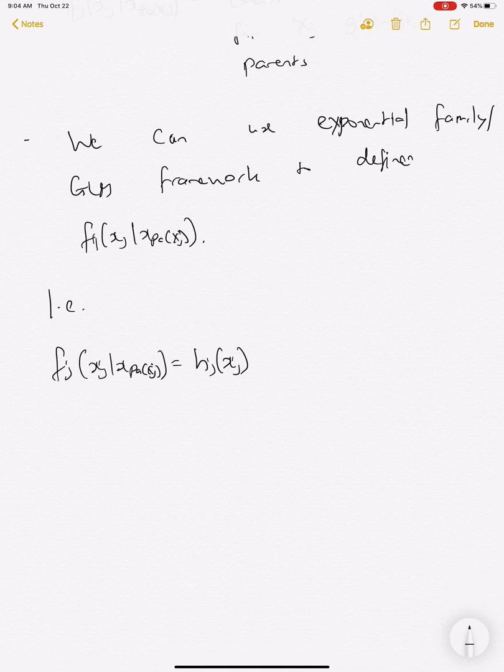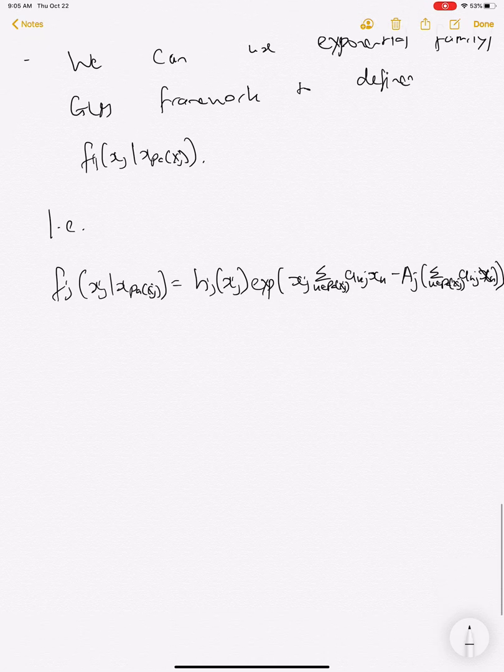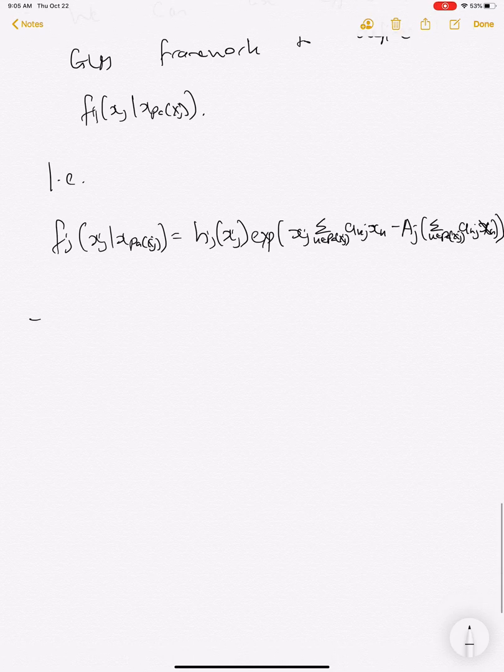So I'll write out the distribution and then put that down in words. So we have that this is xj. So this is like a GLM